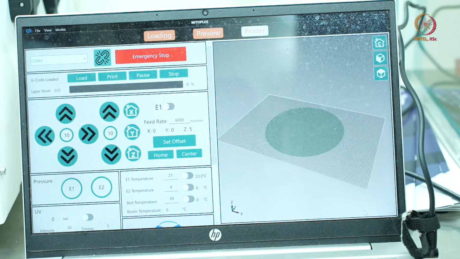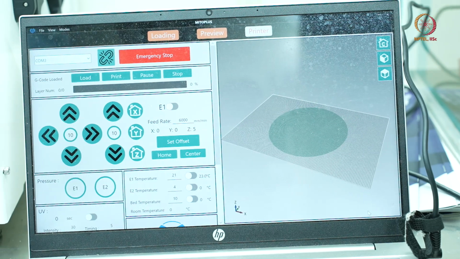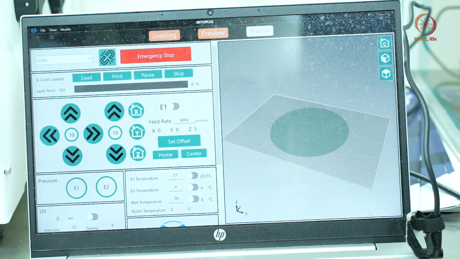And I have explained this to you in much more detail during the lecture, that when the parallel plate rheometer is used to characterize the rheological properties of hydrogel, then you get frequency sweep and temperature sweep of the G prime and G double prime.